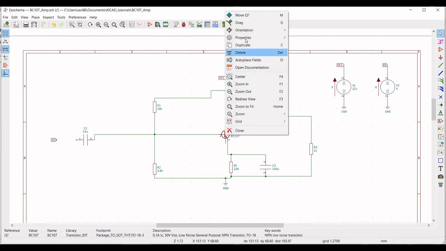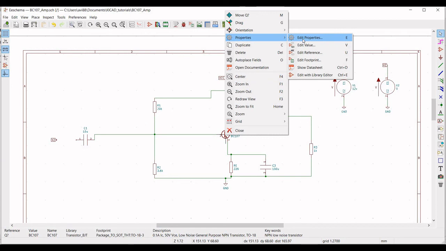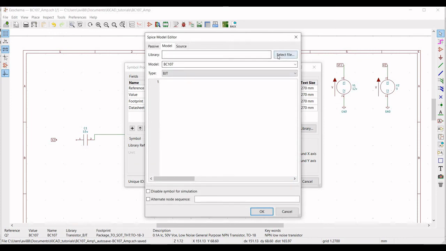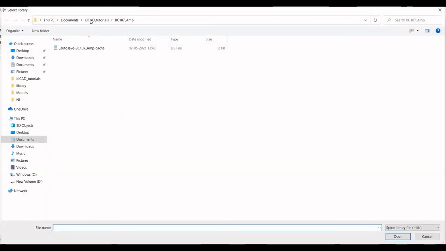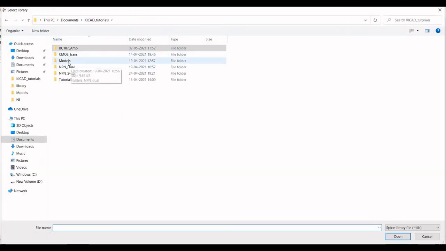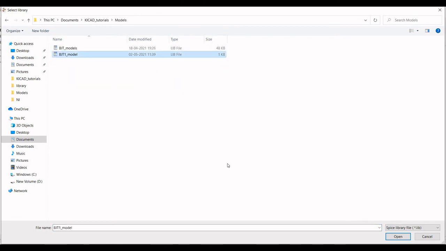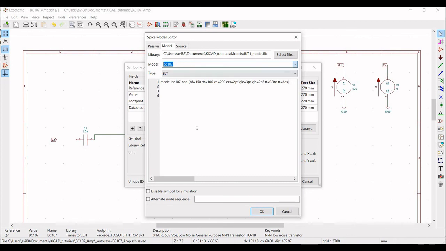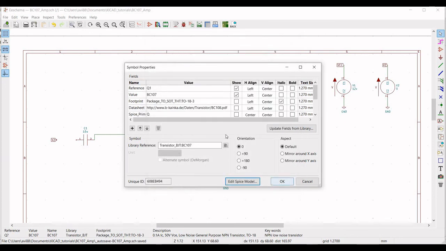Right-click on the transistor BC107, click on Properties and Edit Properties, change the reference as Q1, click on Edit Spice Model. Now we must select the path of BC107 library, click on BC107 and select the alternate node sequence and name this as 321.